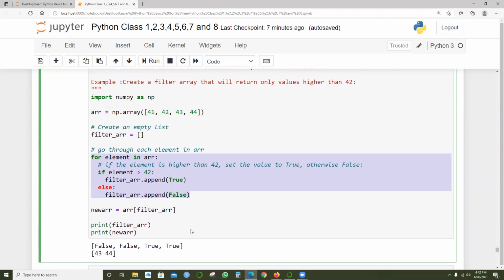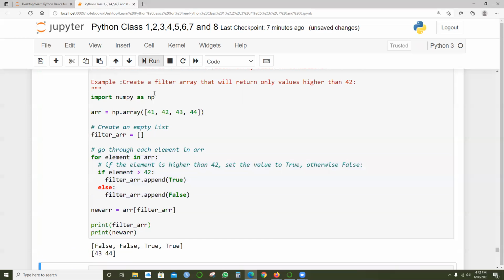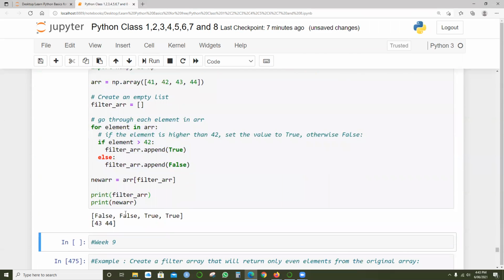Why is it saying false, false? Is 41 greater than 42? No, false. 42 greater than 42? False. 43 greater than 42? Yes, true. 44 greater than 42? True. So we are creating those values: false, false, true, true.